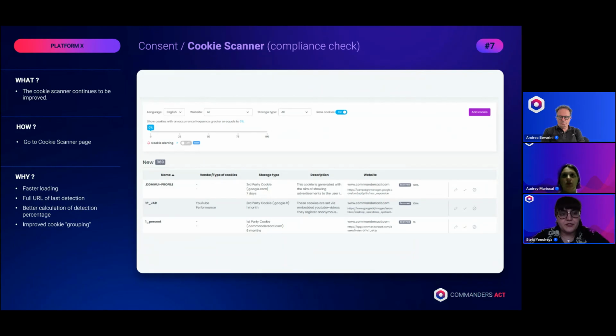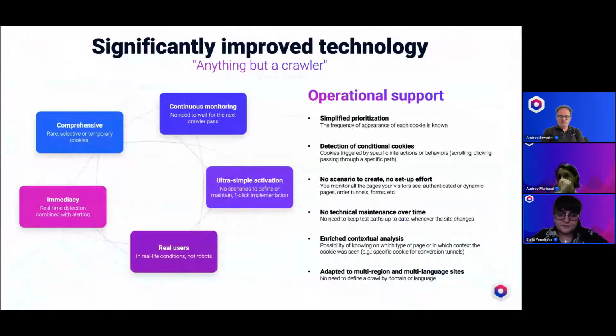And if we move to the next slide, we'll also be able to see it. What are the improvements that are coming from these functional changes? So I already said it, it's anything but a normal crawler. It allows you to really observe in real time and react in real time to changes inside of your cookies. They are continuously monitored. No need to wait for the next crawler. The crawlers usually have to be timed when they need to run, or you have to run them manually. That's no more the case.